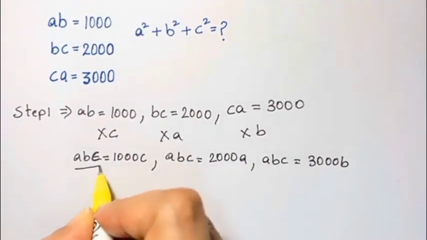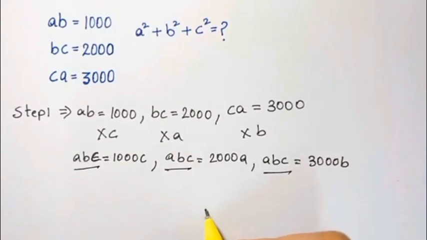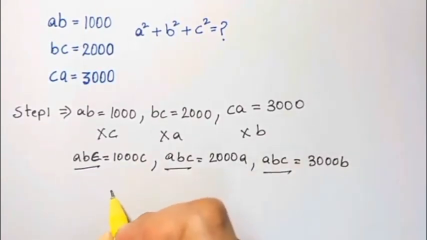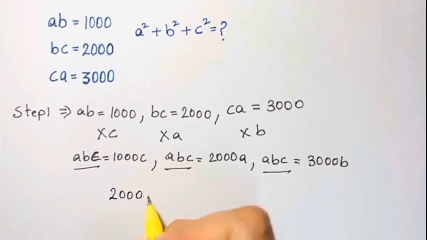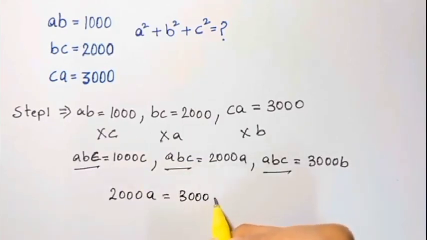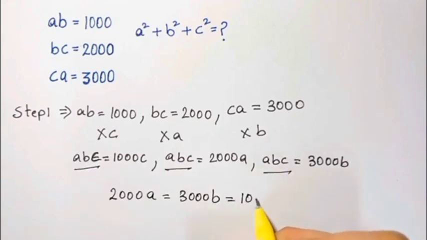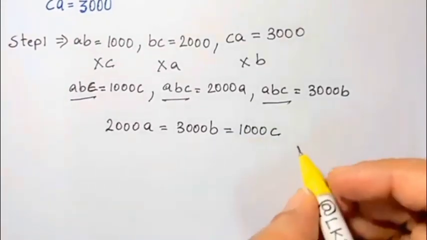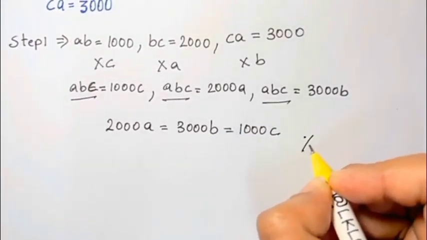Here we have ABC, ABC, ABC, all are same, so we can equate them. So we have 2000A is equal to 3000B is equal to 1000C. Now what's the next step we can do is divide both sides by